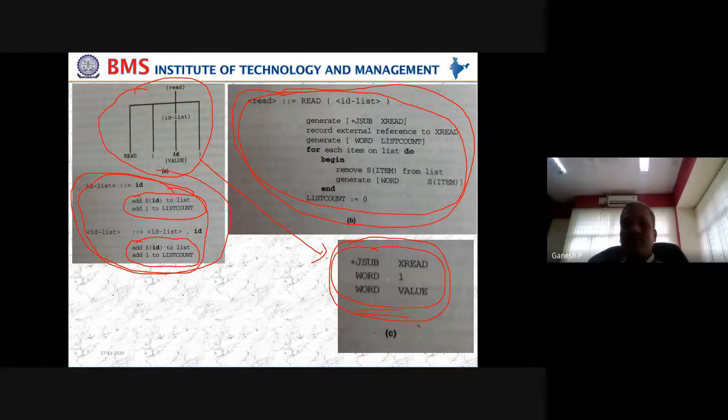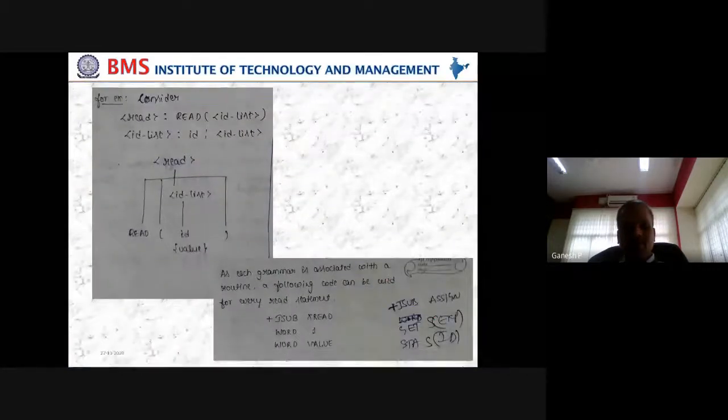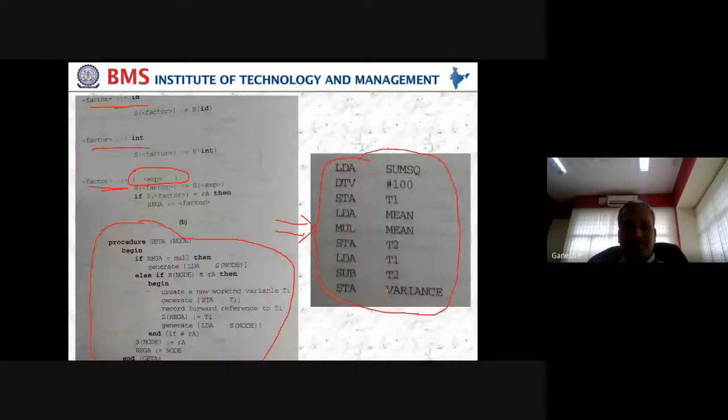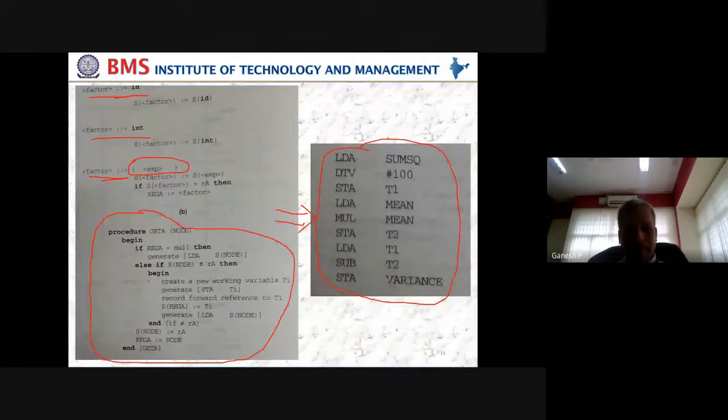But understanding is important from the concept of code generation. So hope you can assimilate and understand what code generation is here. If that is done, we'll move to the next topic. Let me know if you have any doubts here so that we can get into the next topic. Any doubts at this stage?